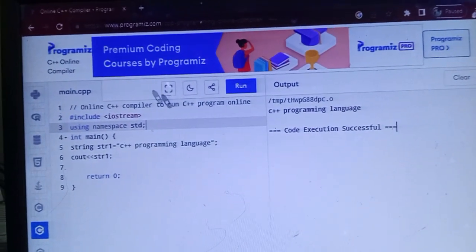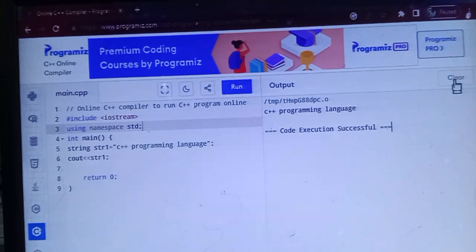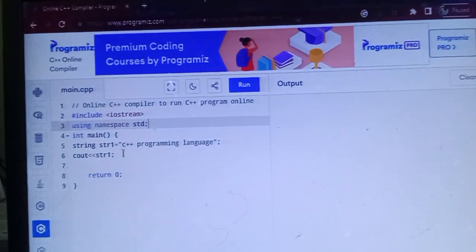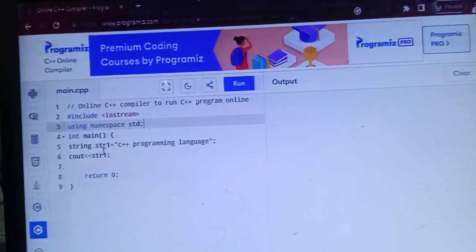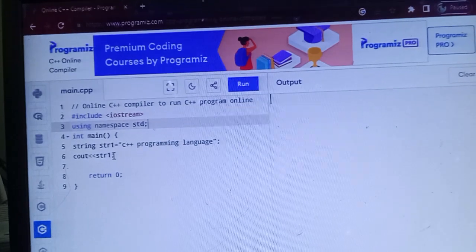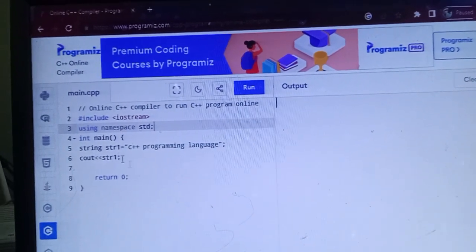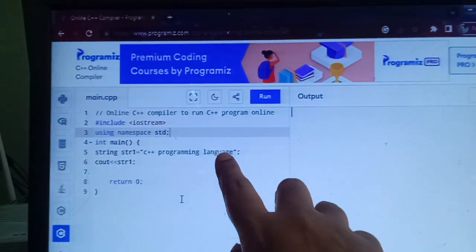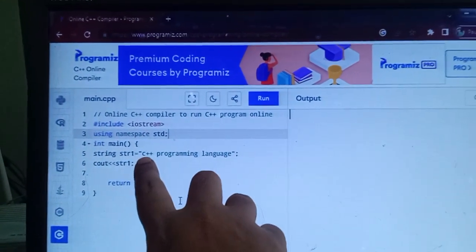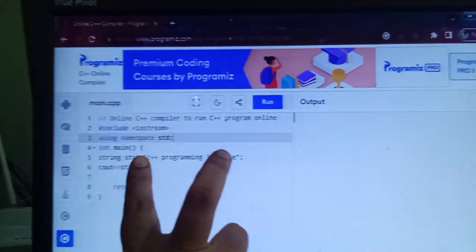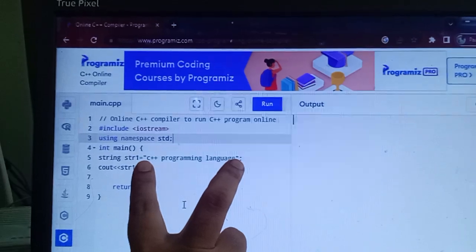Next, one more thing, let us see. Clear. Now you saw the total string. String means what? A collection of letters, right? String is nothing but a collection of letters specified in double quotes.